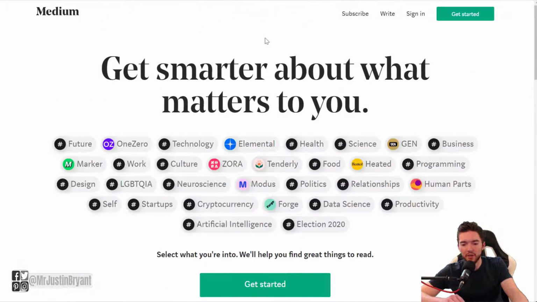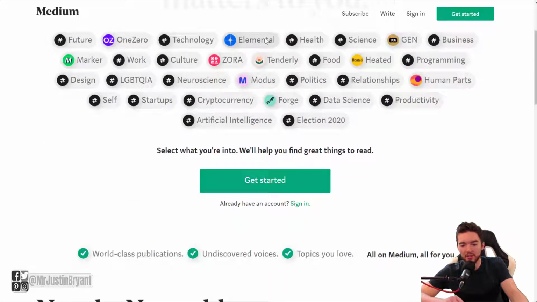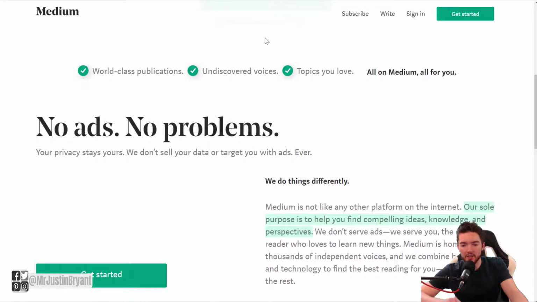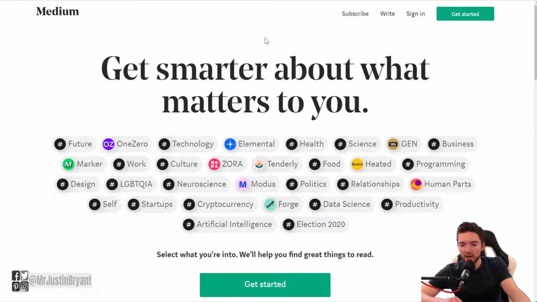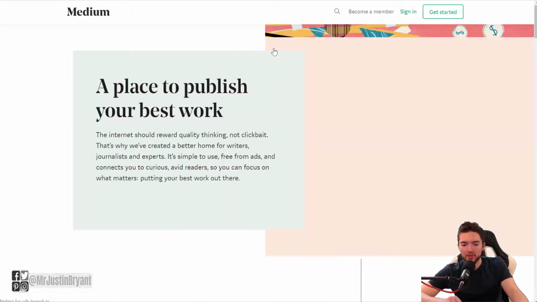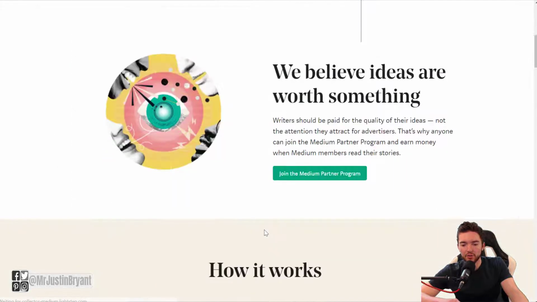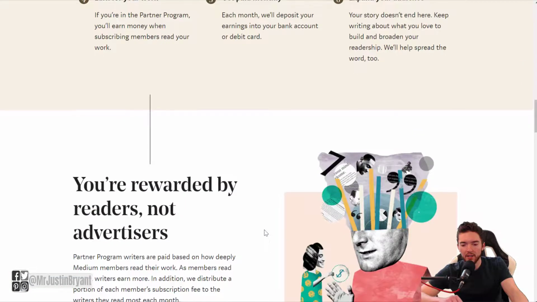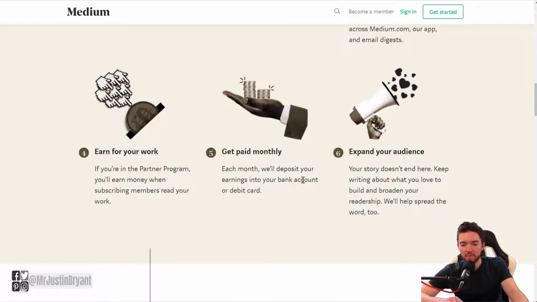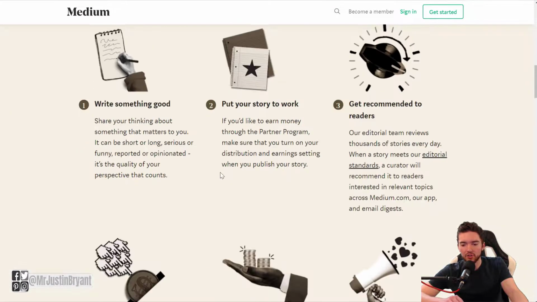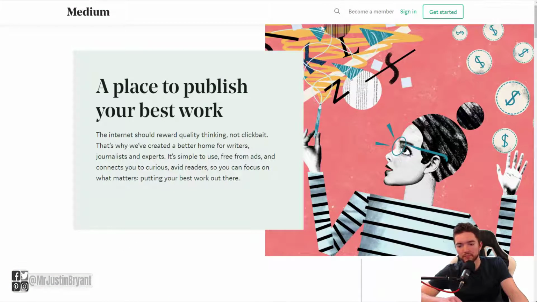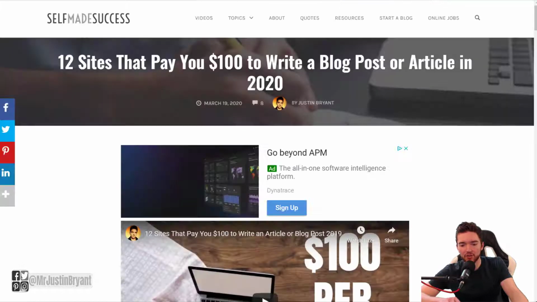You can actually use the authority of their website. You can publish on here, and you can publish pretty much as you want because their platform is literally built on having guest writers. So medium.com is a great place here. Just go to write up there in the top right corner, since you are a creator, and then you create a profile, and then you can actually get paid in some cases as well to post different articles on here. And a lot of times they do very well ranking in search results.